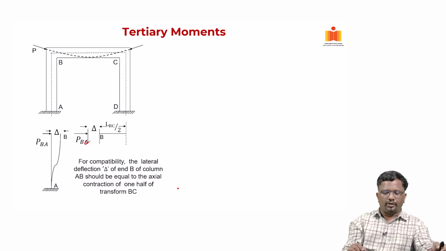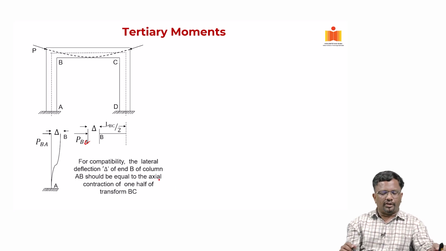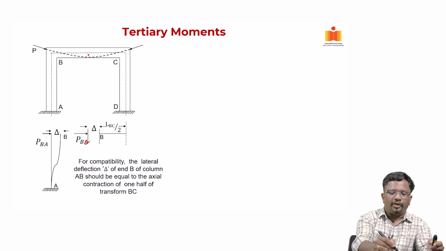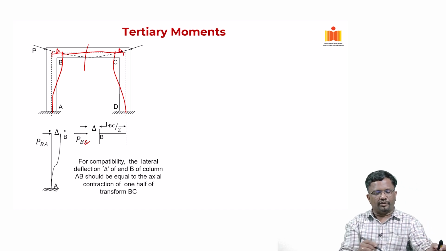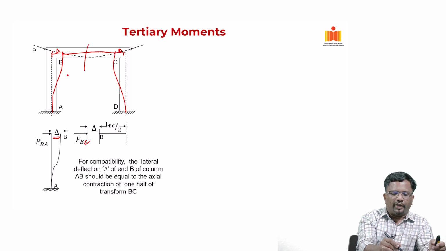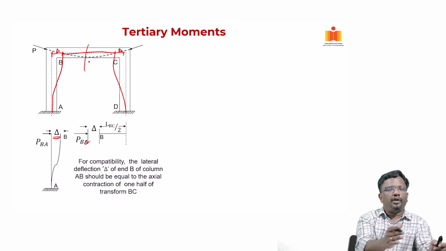Now, if you assume this simple member to be like a cantilever subjected to an axial load, let us say PBA, and it is laterally deforming by delta, the same delta from compatibility is what happens, because this is going to go like this, and similarly this is going to come like this. So, this delta at both locations has to be compatible, right. That is what we are saying, this delta, and if I take only half of this member,